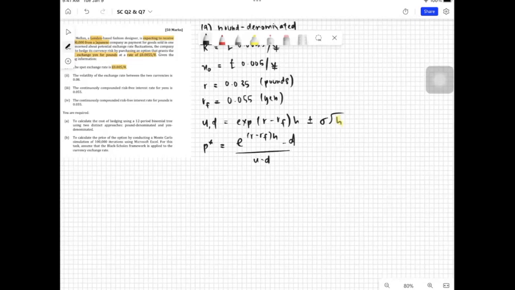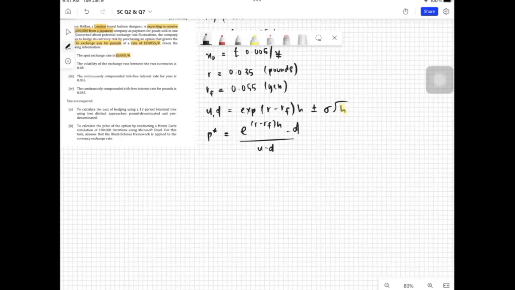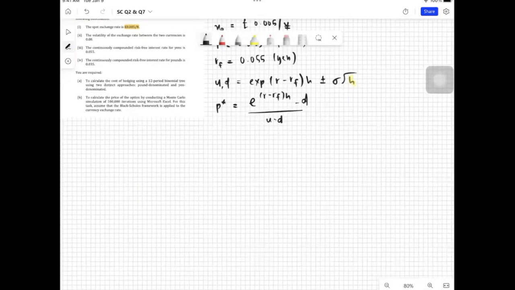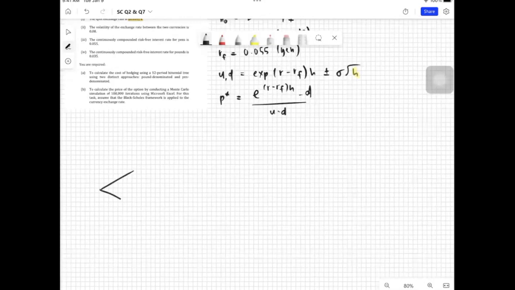Basically, how do we use these two formulas? From the binomial tree, you want to calculate what your exchange rate is going to be for each period. Let's say this is the first period, then we move on to the second period. In the second period you will have up-up, up-down, and then here we have up-down as well, and this is down-down. We will proceed with this up until